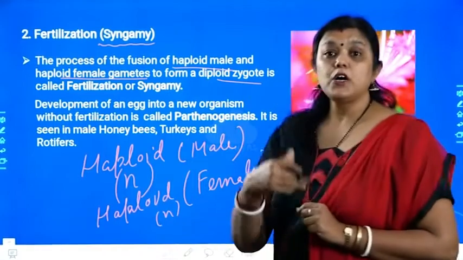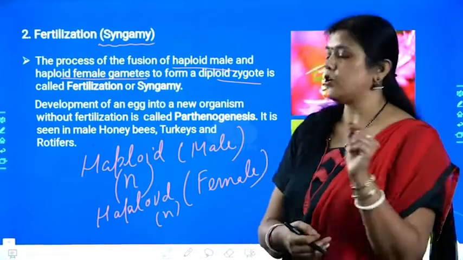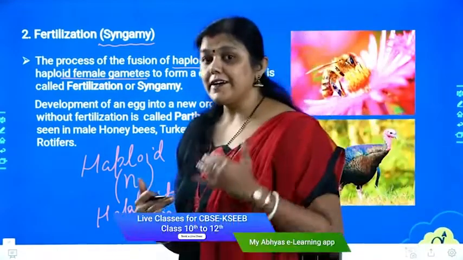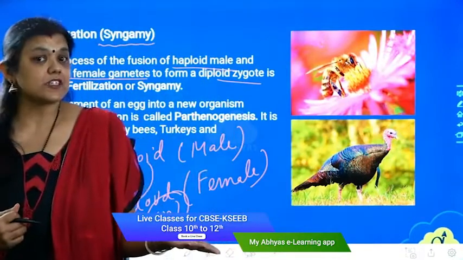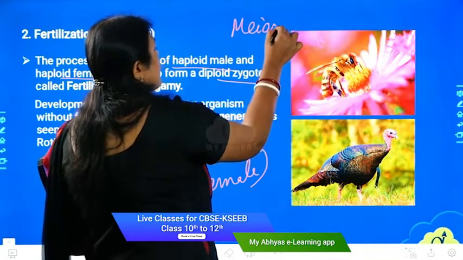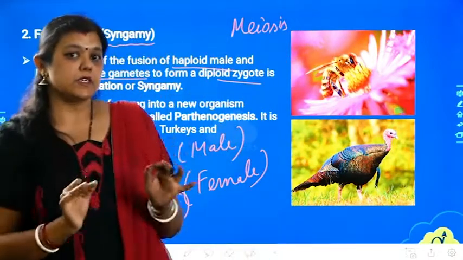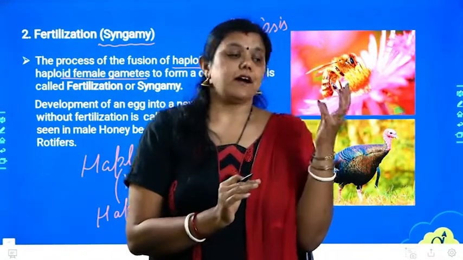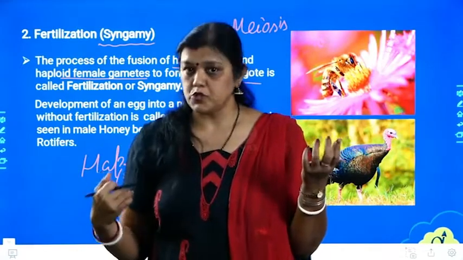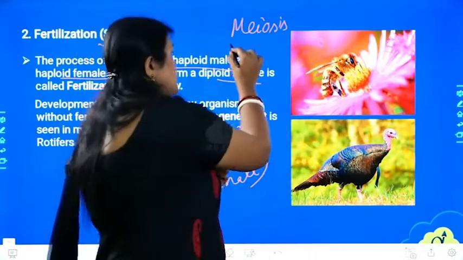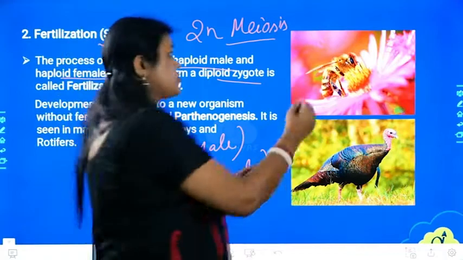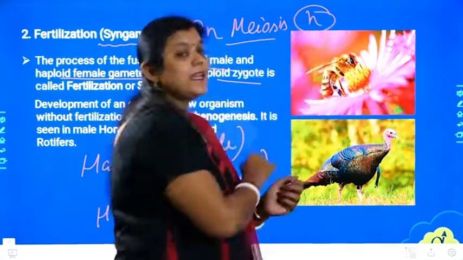So what is the chromosome number over here? In both cases, the chromosome number is n. n means they have already gone through a reductional cell division. What is reductional cell division called? A reductional cell division is called meiosis. Remember, when we talk about fertilization, a cell needs to undergo meiosis to reduce its chromosomal number. So what happens during meiosis? During meiosis, the 2n number, or the diploid chromosomes, get reduced to the haploid number, that is n number of chromosomes.